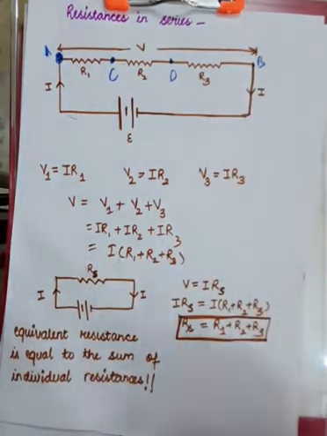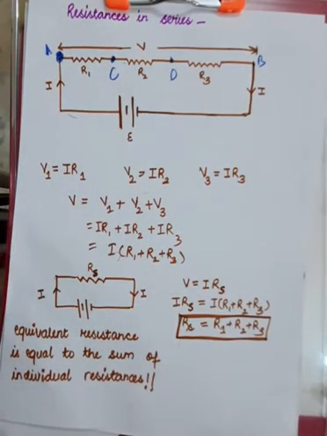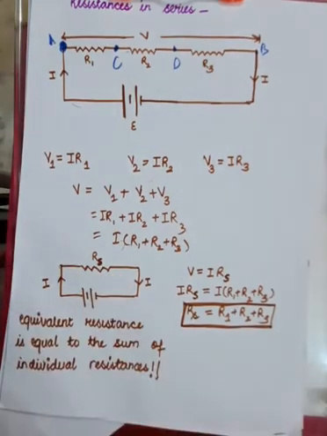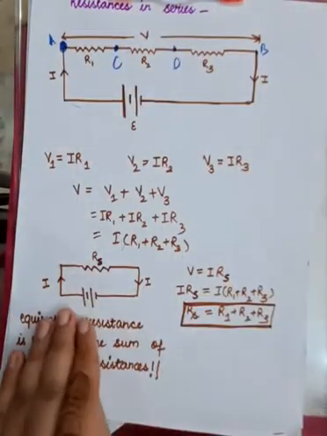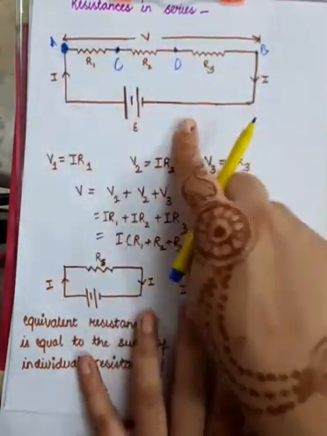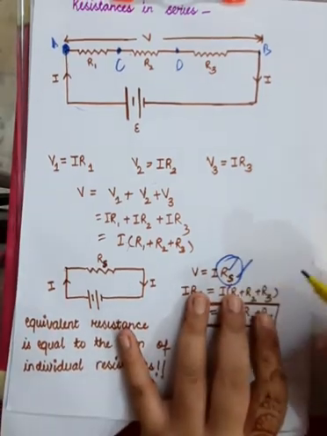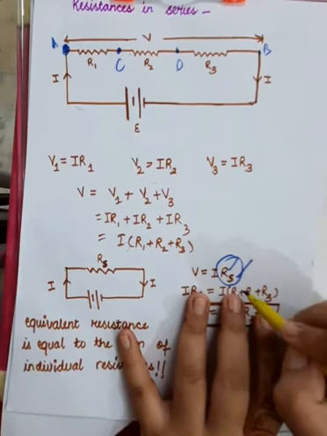But don't you think that when the resistors are connected this way, like in series, they are joined end to end, so there will be an overall resultant equivalent resistance of the combination? So let me replace this entire combination by an equivalent resistance RS like this, so that the same situation can be drawn like this. And after that, we know that the total potential difference will be total current flowing multiplied by total equivalent resistance RS, the resistance in series.